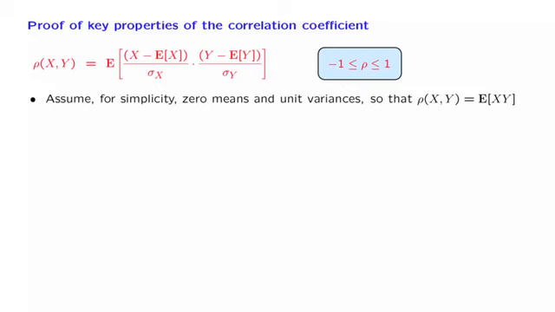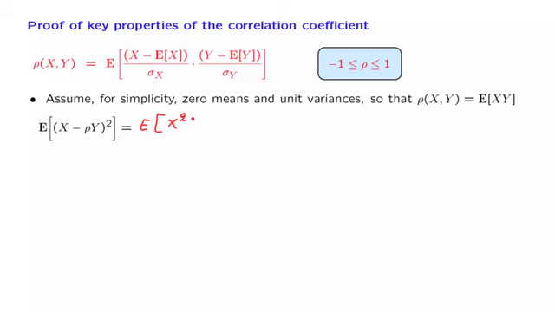so standard deviations are also 1, so most of the terms here disappear, and the correlation coefficient is simply the expected value of x times y. We will show that in this special case, the expected value of x times y lies between -1 and 1, but the proof of this fact remains valid with a little bit more algebra along similar lines for the general case. What we will do is consider this quantity here and expand this quadratic